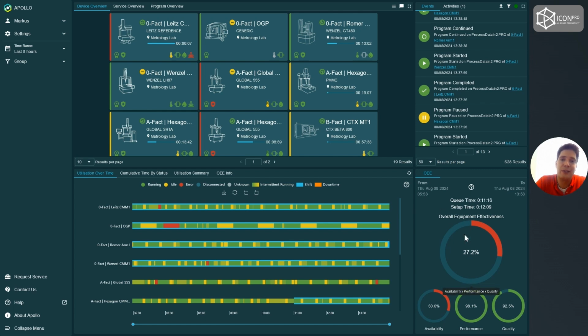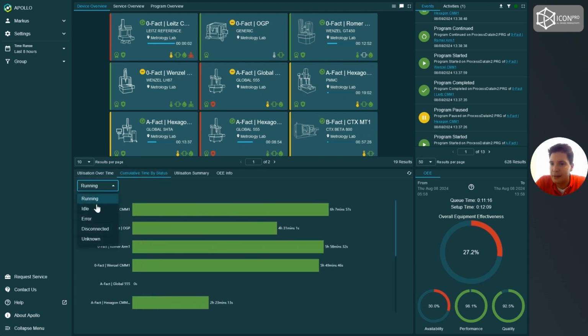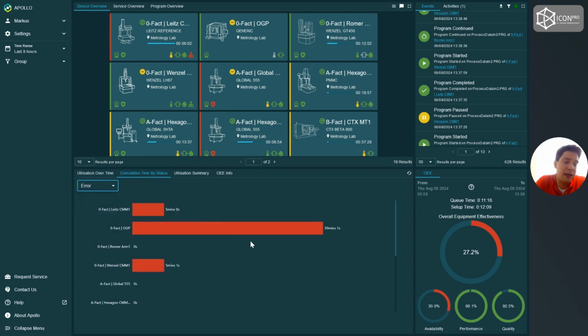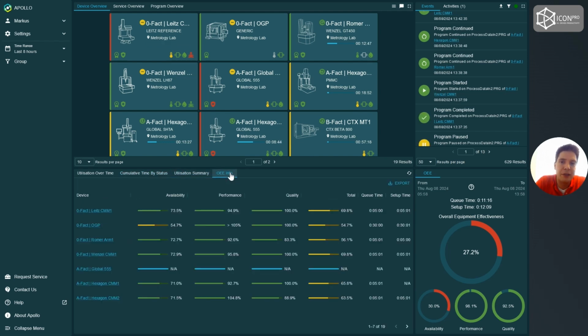This is one way to explain it. Another way would be, of course, to take a look here at the utilization timeline, or to take a look at the share, or at the absolute time that the machines are in error state, or to take a look at the OEE info tab, where I can sort the machines according to their quality,